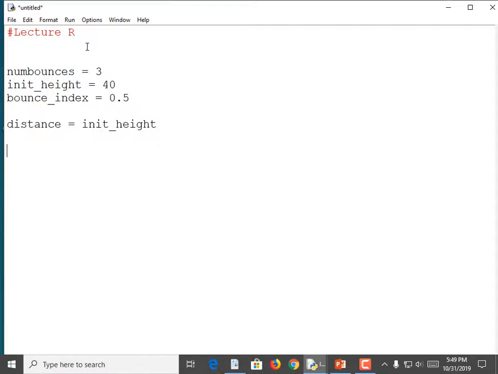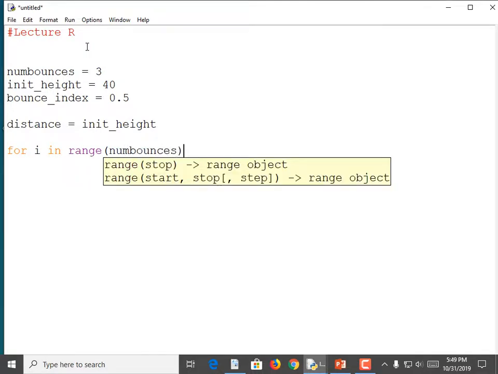And then we need a counter to go through the number of bounces, right? For i in range(num_bounces):